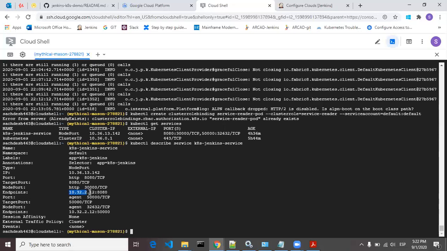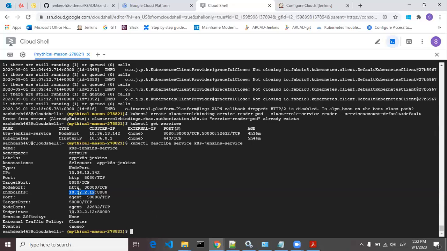So I have just copied this, 10.32.2.12. Okay. And you will see the node port for the agent also, the JNLP agent, that is 50000 over here, but the IP is the same.